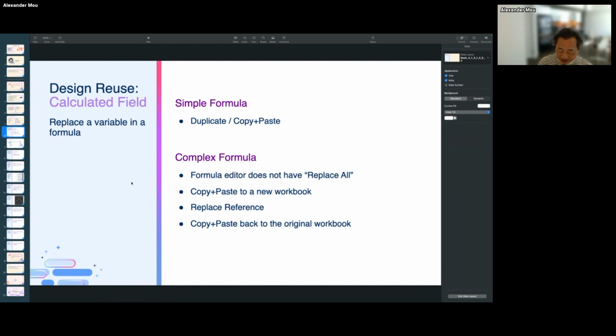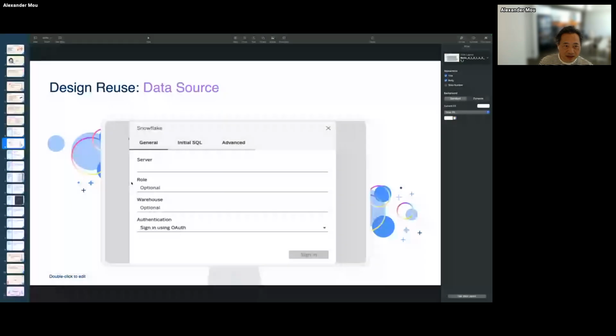For data source reuse, we can always right click, see a menu, and duplicate the data source.